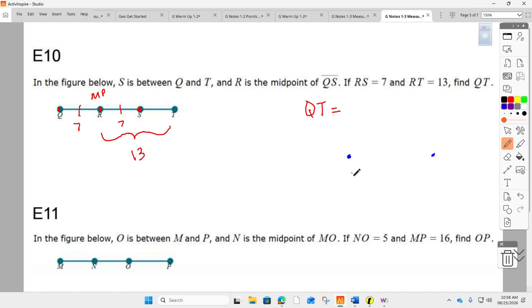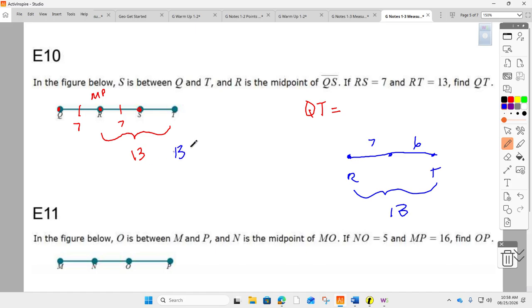We know R and T, and we know from here to here is 7, and we know from here to here is 13. Don't y'all know that it's the whole minus the part, right? So just because it's squished in with that other segment, it's the same concept. Okay? Good job. So now we know that 13 minus 7